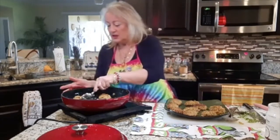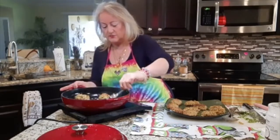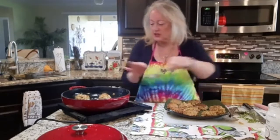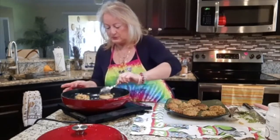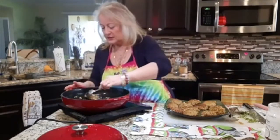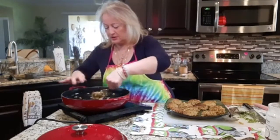But if you have light olive oil, you may use that. And if you don't have that, use ghee. Ghee also works really good with this. Okay, then I'm going to get this guy out. As you can see, I have quite a few in here, and that's what we are going to have. And then this one last little meatball over here,